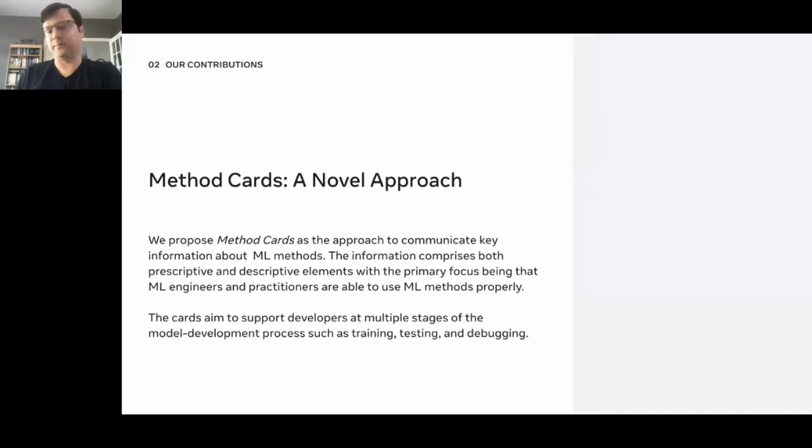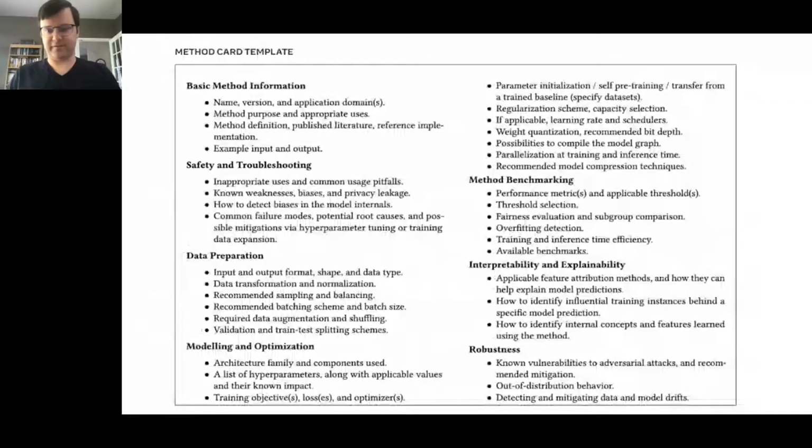So we call this approach method cards, and it's about communicating these key elements that are useful to ML engineers and practitioners that can be used at multiple stages in the development process, such as model training, testing, and debugging. So what's in a method card, and how does it differ from other documentation? Here's a sample template of what a method card could contain. We'd have basic method information,